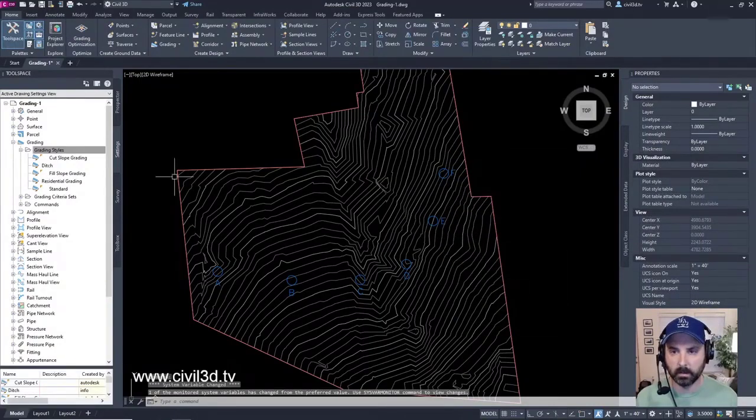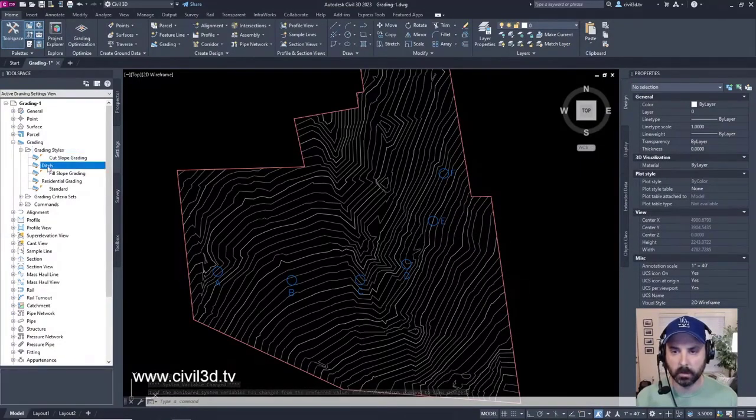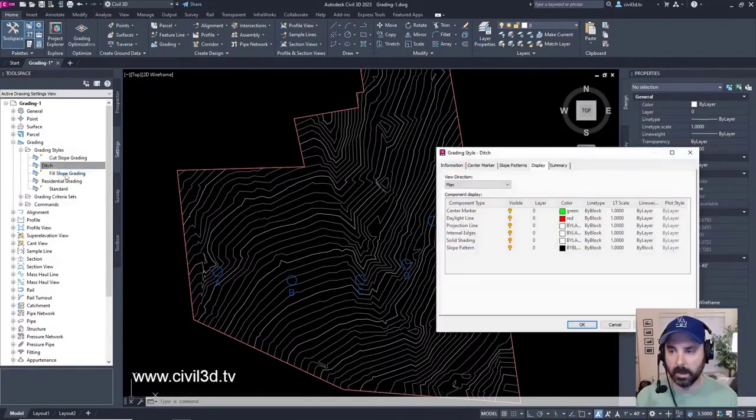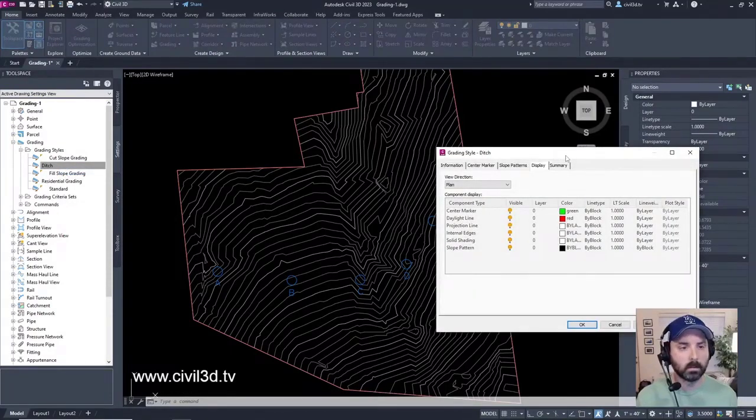Actually, I missed something. Let's go back into ditch. Right click, select edit. Slope patterns, we need to change that. Not this one, this one.